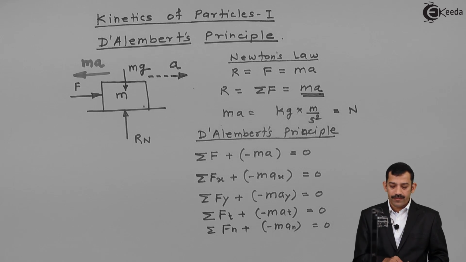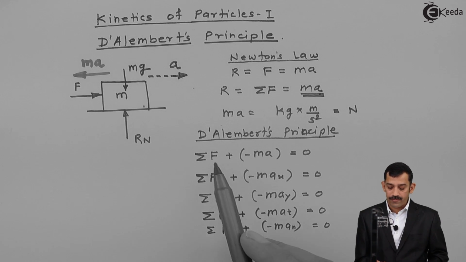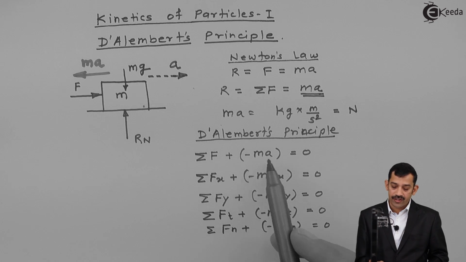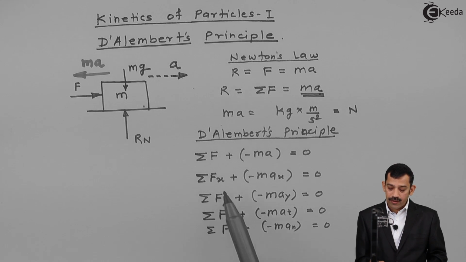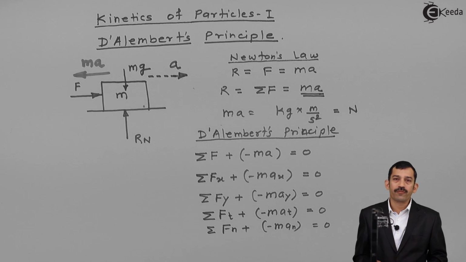Now in the free body diagram, if we add the inertia force in the opposite direction of acceleration, then the principle is called D'Alembert's principle. As ma is nothing but a force, and this one is also a force, the addition of all forces and the inertia force equals 0. That means we can say summation of all forces along the x-axis equals 0, along the y-axis equals 0, along the tangent equals 0, because we are representing the ma force in the free body diagram now. So if we write the equations again as 0, 0, 0,